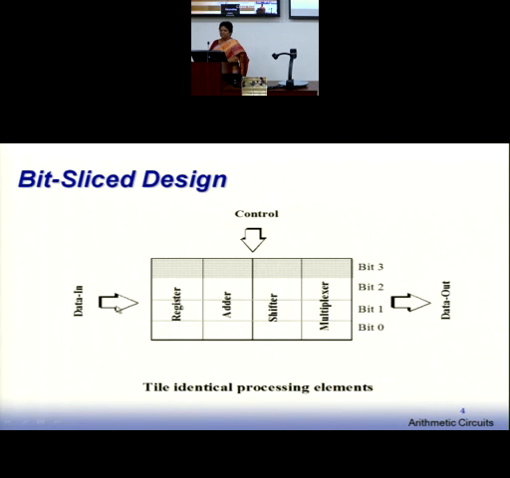So we have data in coming from here, getting stored in the register. Then addition happening, then shifting happening, and then multiplexing happening. And then you are getting your data out, and all your control signals coming vertically from the vertical positions. All your data in coming from the left side, all the data out going from the